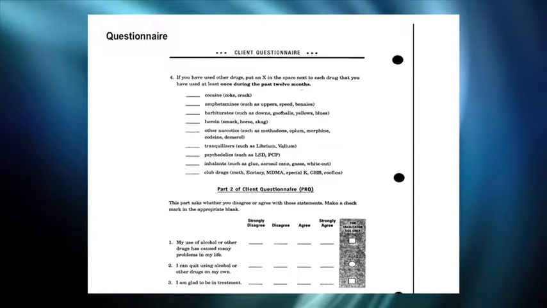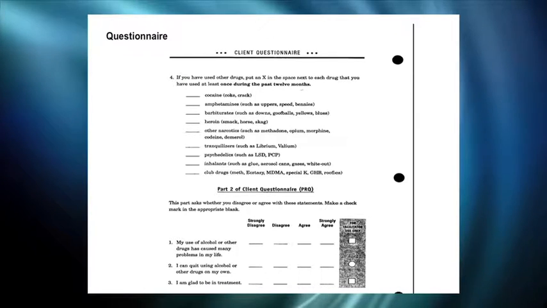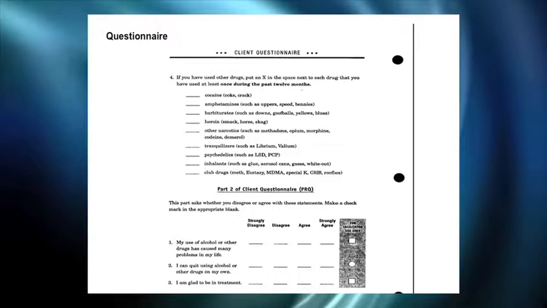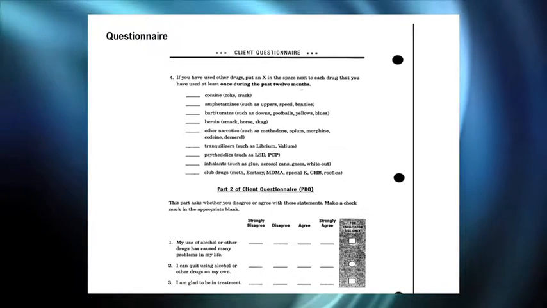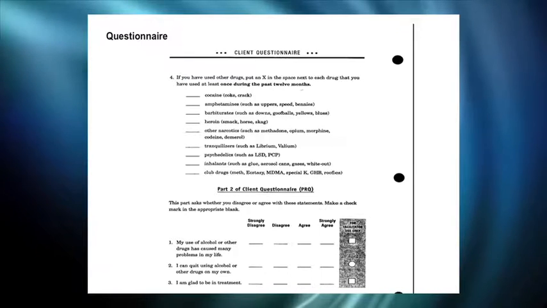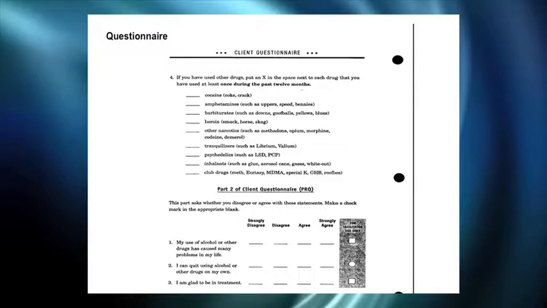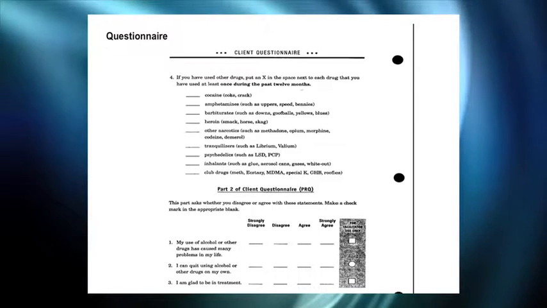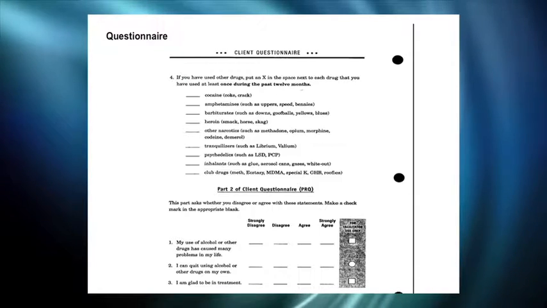The last part of part 1 also allows you to at least get the teenager to checklist what other drugs they've used. So, you know, it could get lengthy if you have all these drugs and every item is inquiring about frequency. So we decided to make it a little short, but it can be of value to find out what they might be using in addition, although they don't have to mark frequency for those. Obviously, it could be a follow-up question if you like.